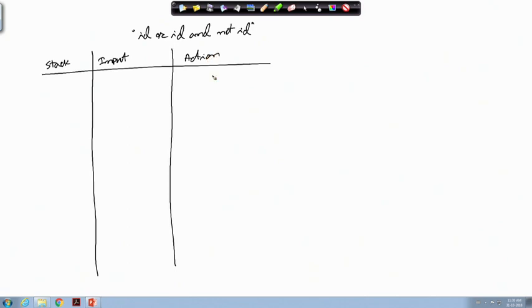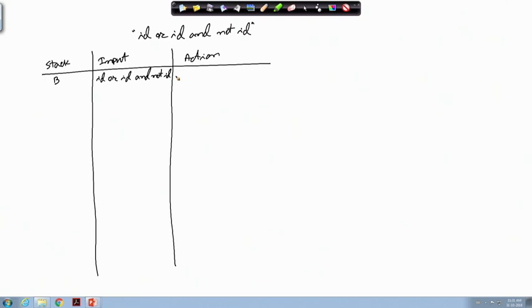Initially the stack top will contain the start symbol of the grammar, B, and the input will be the whole string ID or ID and not ID.